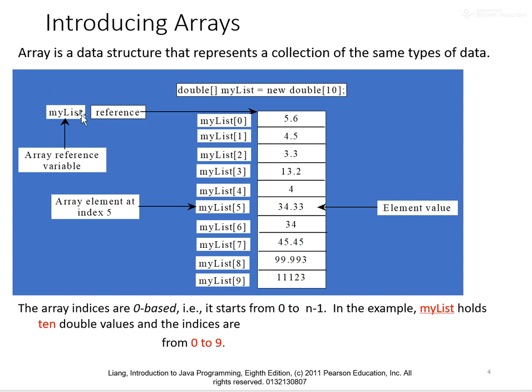But just the name of the array, mylist itself, is called a reference, and it points to the start location in memory where this array is being stored. Now that has some importance for us